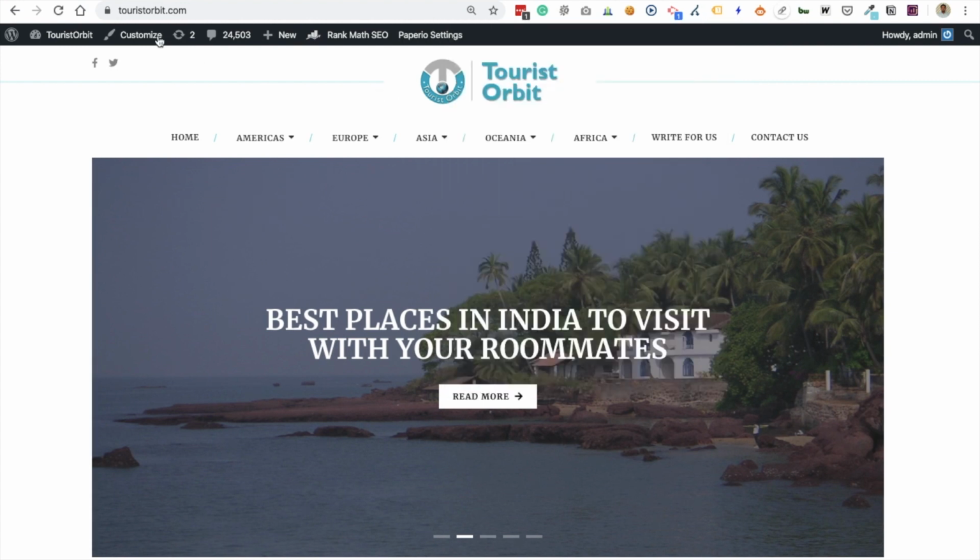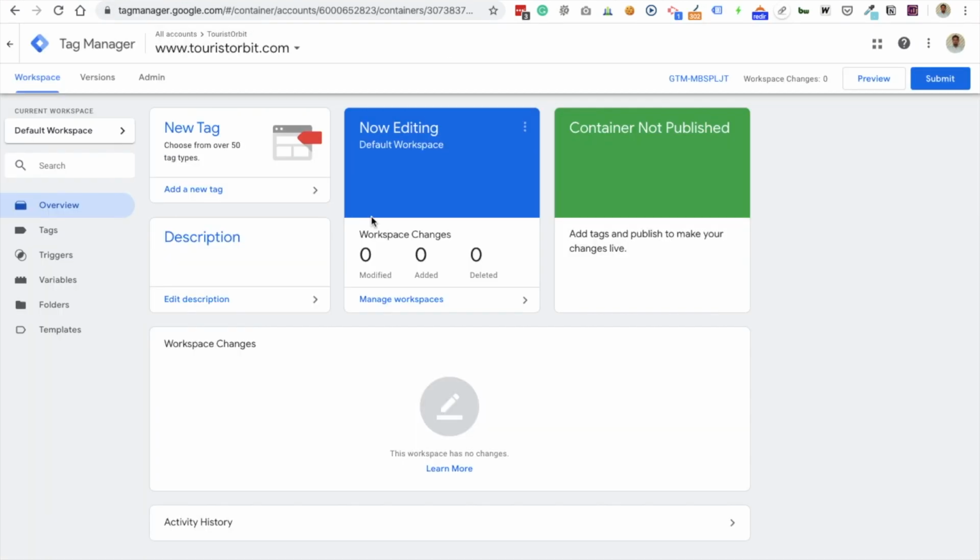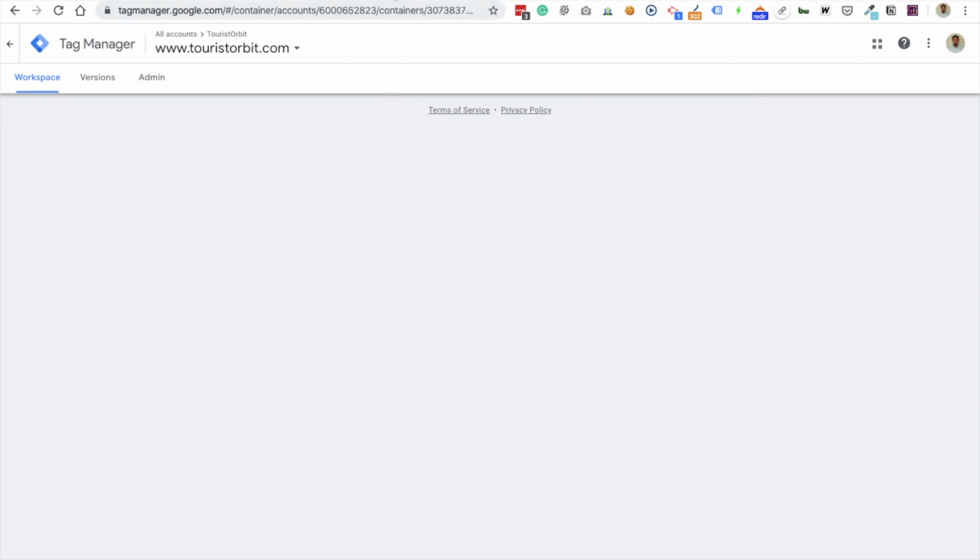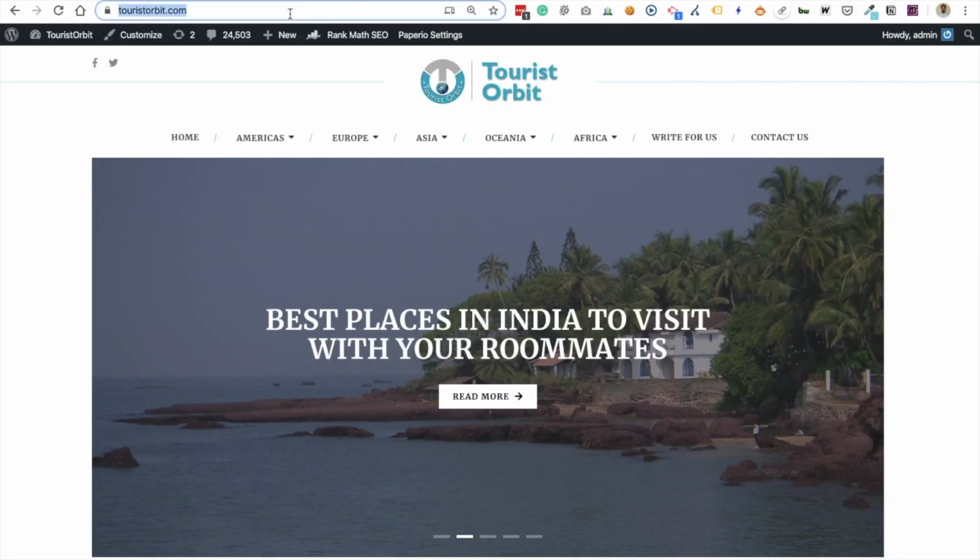And there is another way. You have to go back to your Google Tag Manager where you can find the preview and debug mode. You just have to click on preview, and then go back to your website again and just refresh the page.